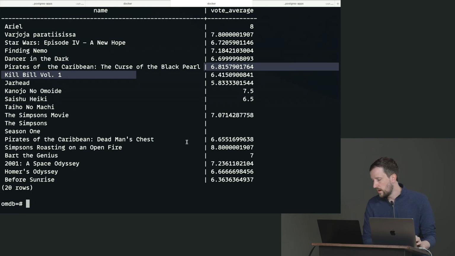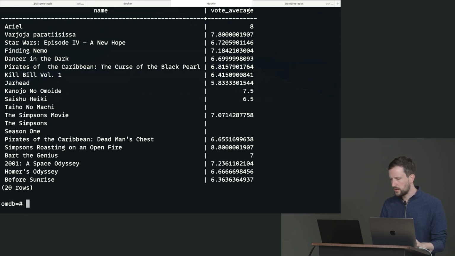So, I can get these vote averages out of my database. What if I wanted to compare that to the average? Like we're trying to do some, is it a standard deviation better or a standard deviation worse, something like that? We can use a window function to do that. So I can select name, kind, which is like is it a movie, is it a TV show, that kind of thing, vote average,